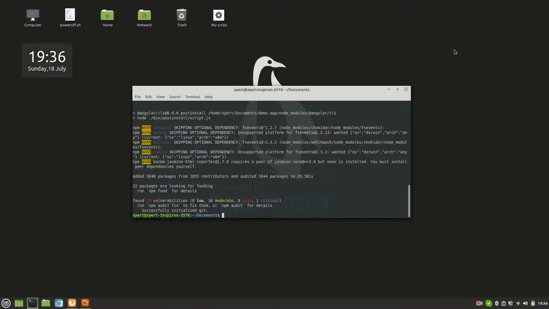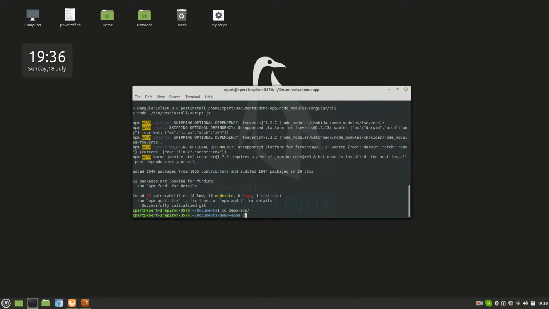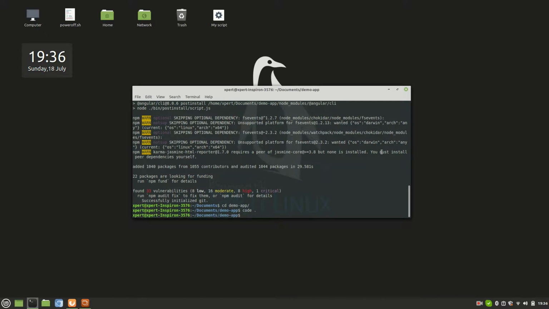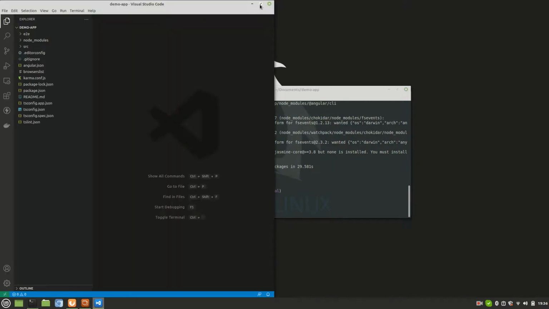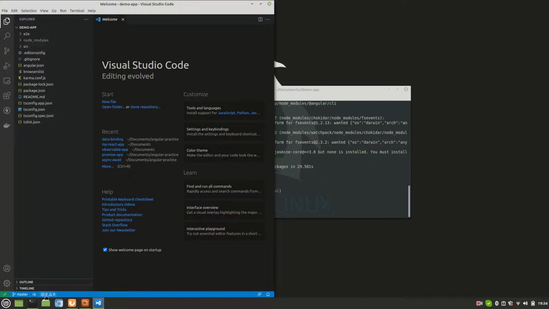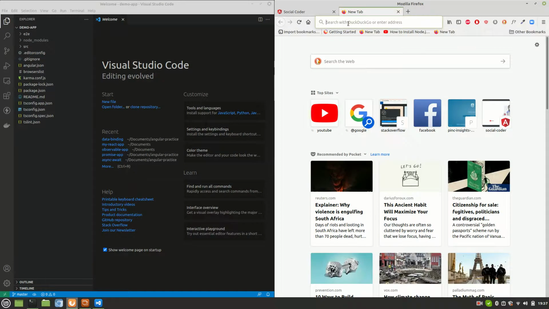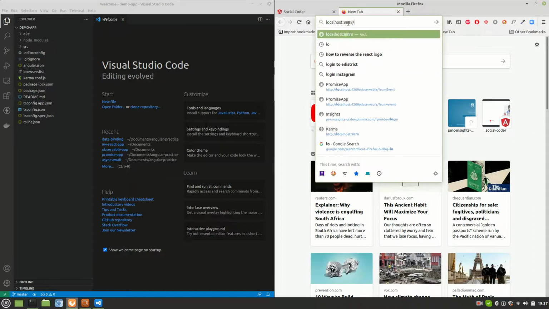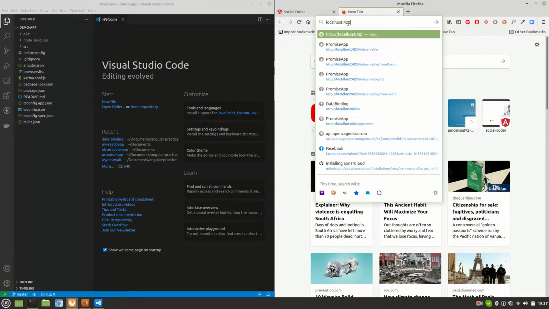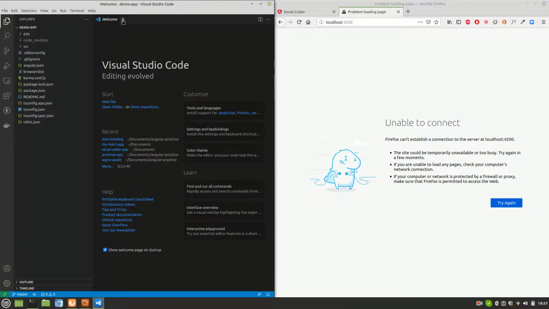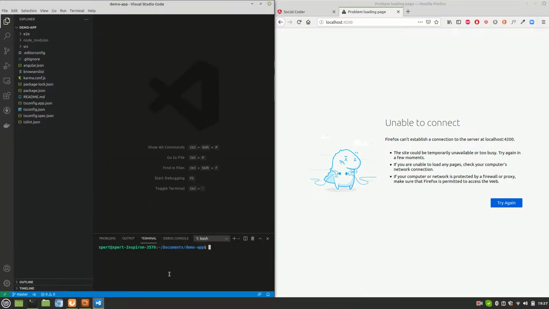Let's now proceed with our Angular code. cd demo-app. I'll open this entire project in VS Code. And I'll open my Firefox as well, localhost 4200. Let's quickly do this, and here I'll run ng serve.